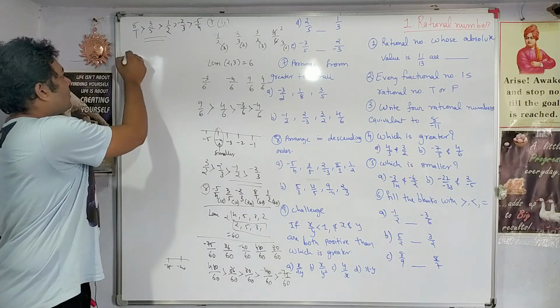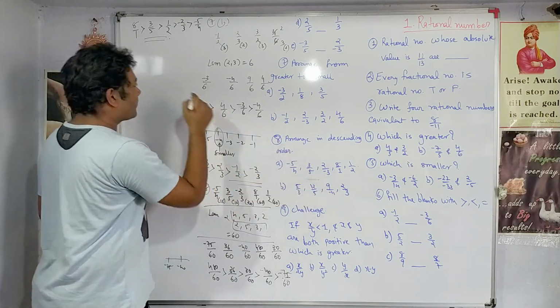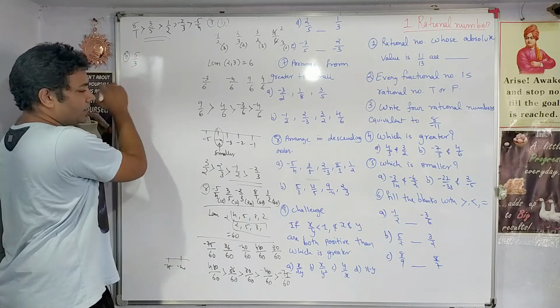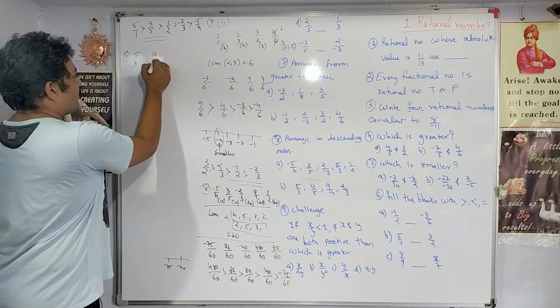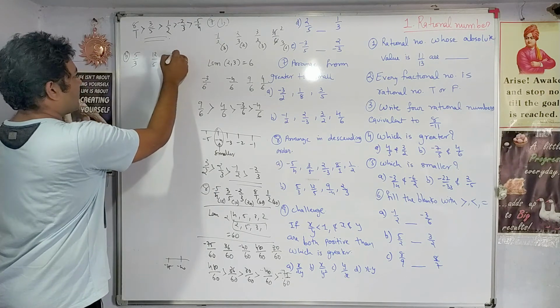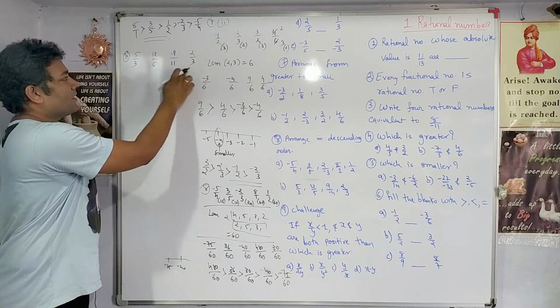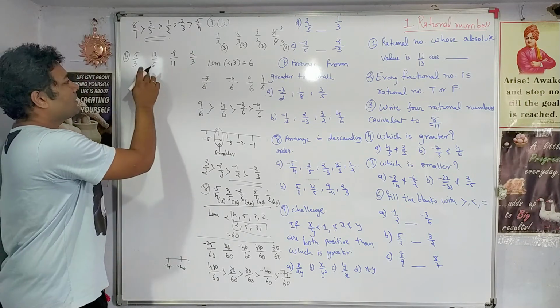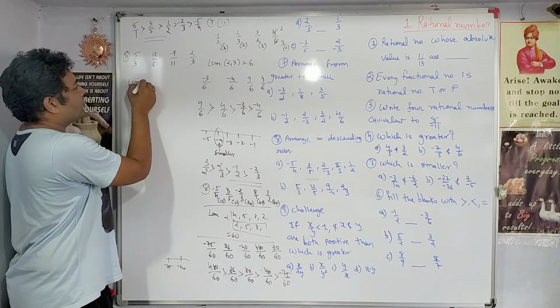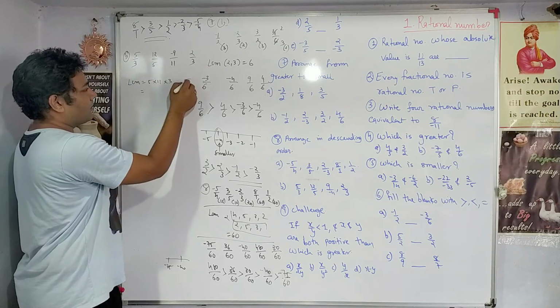Similarly, you can solve B also, right? So as I said, the minus sign has to be shifted to the numerator. So 5 by 3, 12 by 5, minus 9 by 11, 2 by 3, correct? LCM, if we take, what will be the LCM? LCM will be 5 into 11 into 3. So 15 into 11.